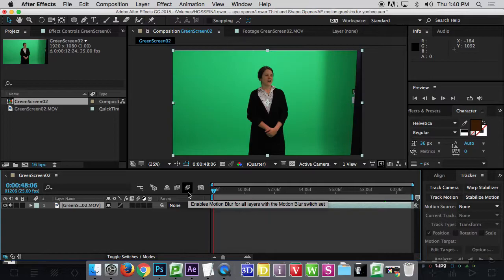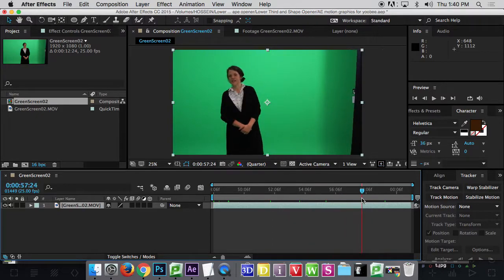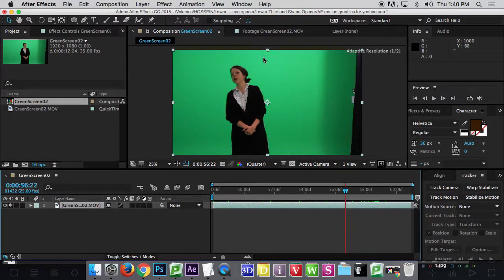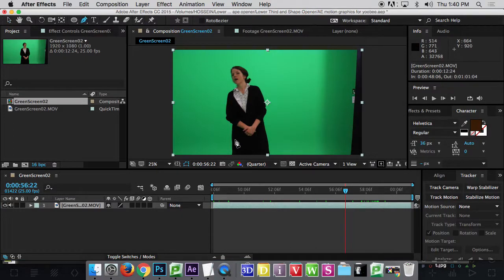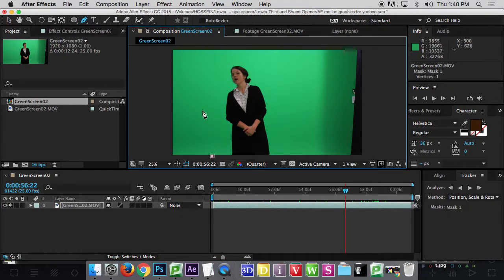Let's remove the green screen. First of all, there's a lot of area that I don't need. See where she moves, and so we just need this kind of area. While the layer is selected, press on this pen tool or press G on your keyboard. I select this pen tool and I say I want